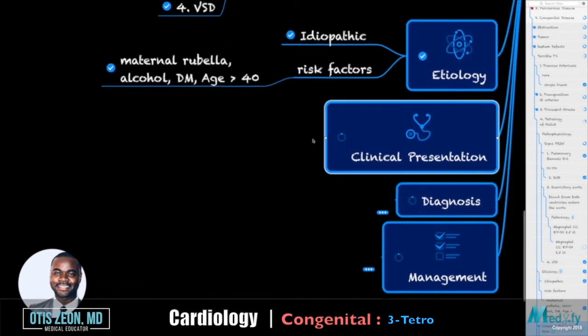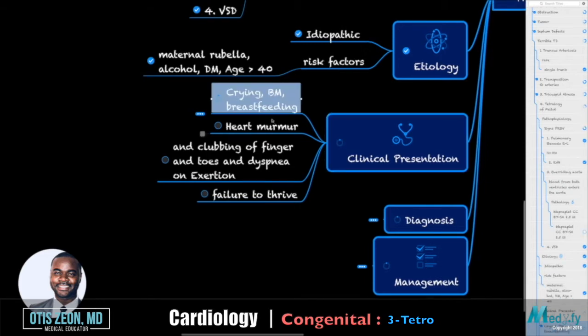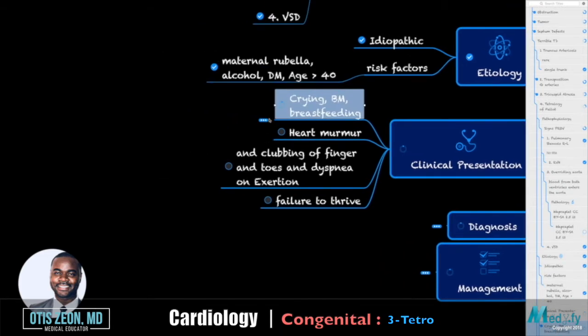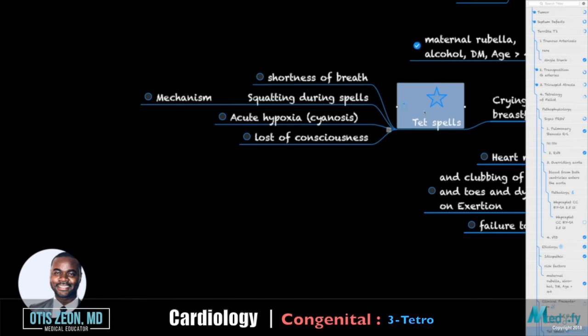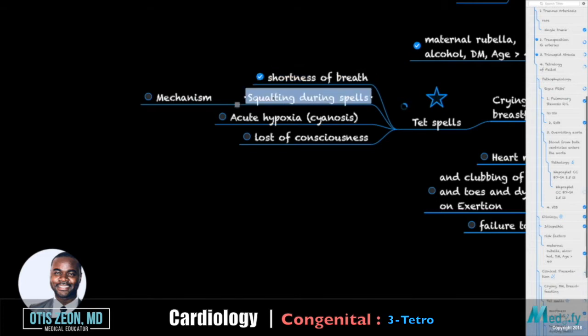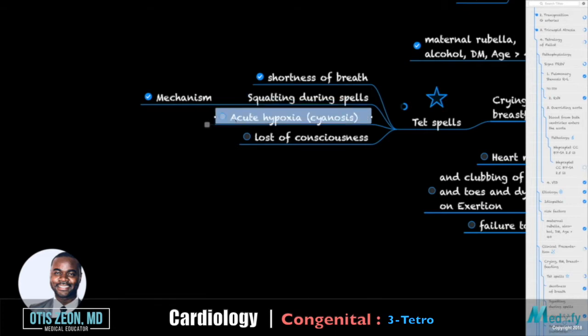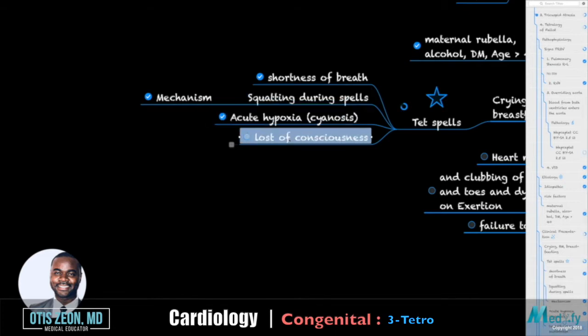Clinical presentation for tetralogy of Fallot, the patient may present with cyanosis early on. They may have issues at birth, and breastfeeding will be a problem they describe in the clinical vignette. Here's the star. The star is that tetralogy of Fallot is associated with TET spell. If the child grows to be of walking age, 3 or 4 and walking, and they precipitate a TET spell, they are going to test you on understanding the pathophysiology of the TET spell. But first, the patient may have shortness of breath. They may have squatting, which is part of the TET spell. They may have acute hypoxia, which will lead to the cyanosis,